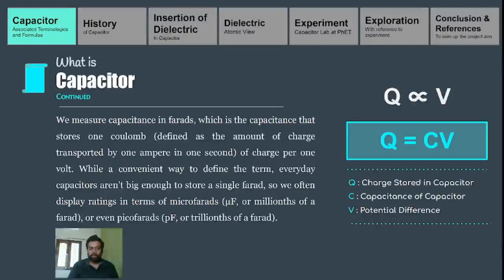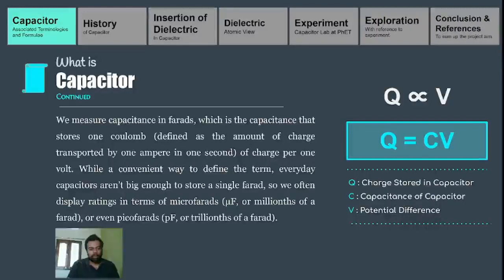Here we should not get confused that capacitance depends upon charge accumulated and potential difference. We will be discussing further what defines capacitance, its mathematical overlay. So what is the unit in which we measure capacitance? It is farad. Farad is practically a very big unit, so for all practical purposes we use sub-units like microfarads and picofarads.